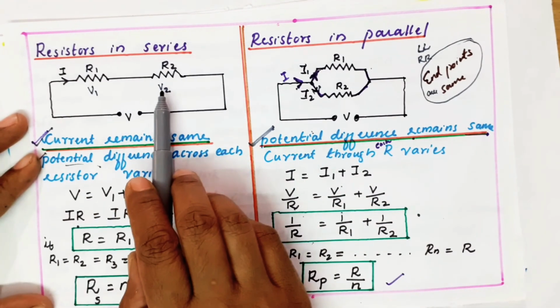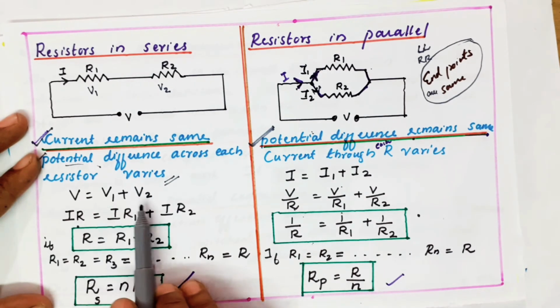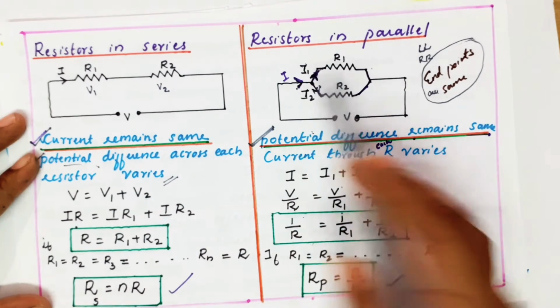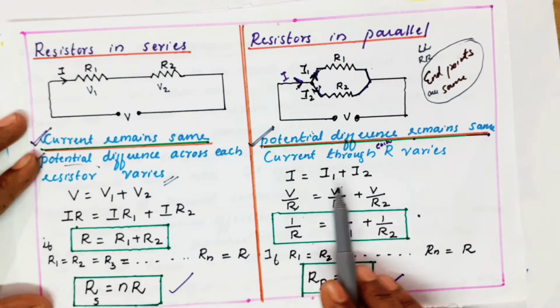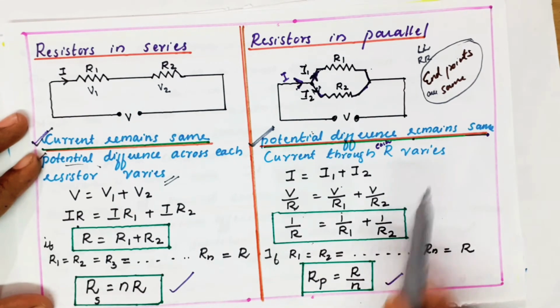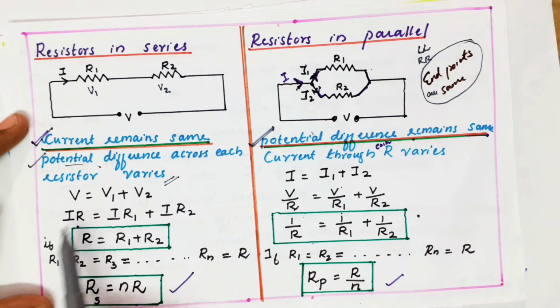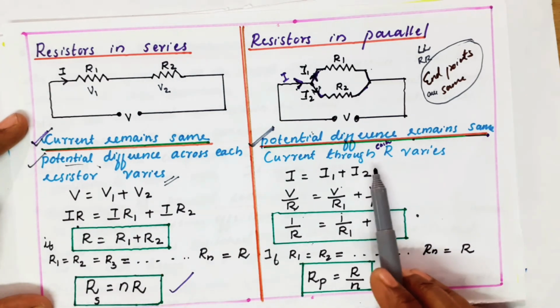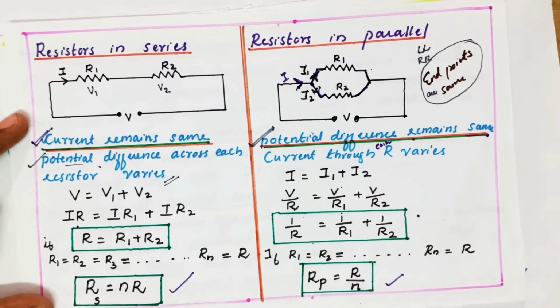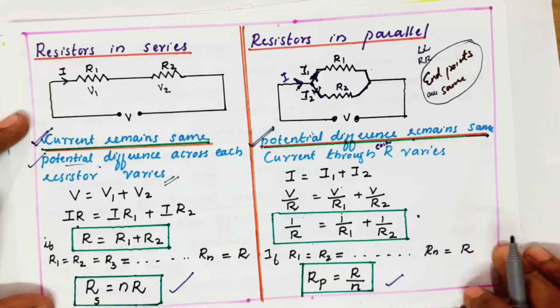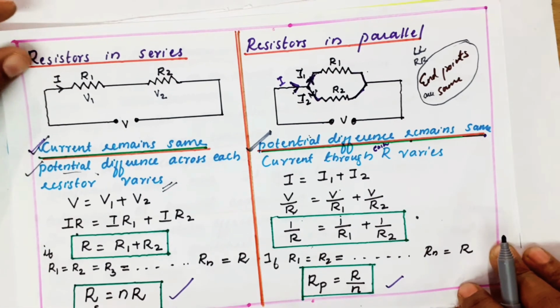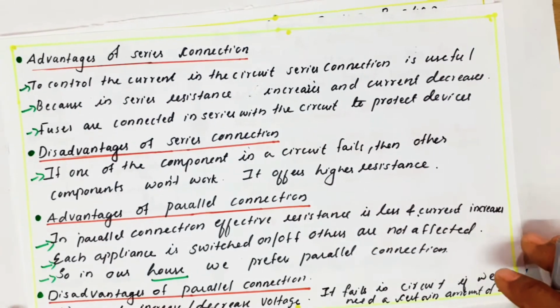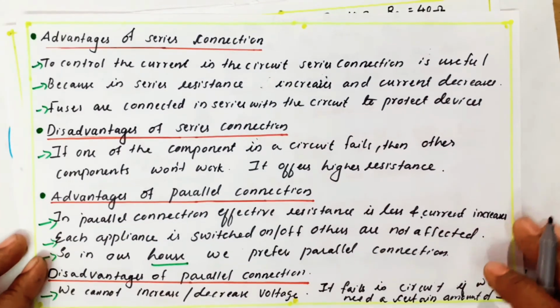So here voltages are different, so I started with V equals V1 plus V2. Here current is different, so I started with the current equation, I is equal to I1 plus I2. Then you remember, here I wrote current as same, so I remains same. Here I wrote V as same, so V you write. So we got two equations. And if we are using N equal resistances, effective resistance is NR, or the other one is R by N. Understood? Okay.